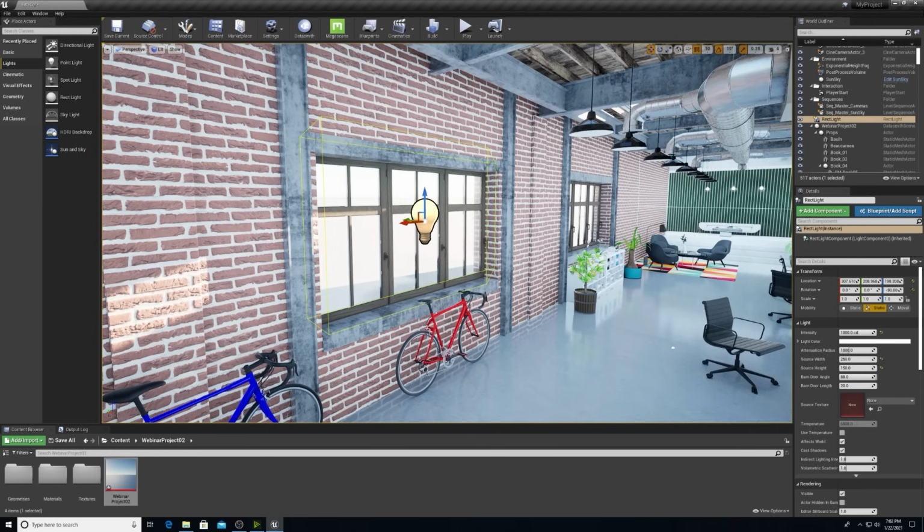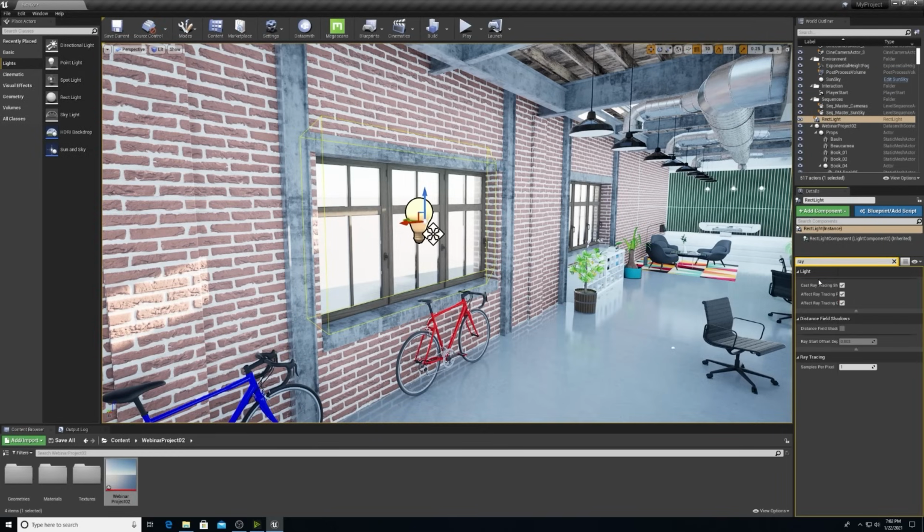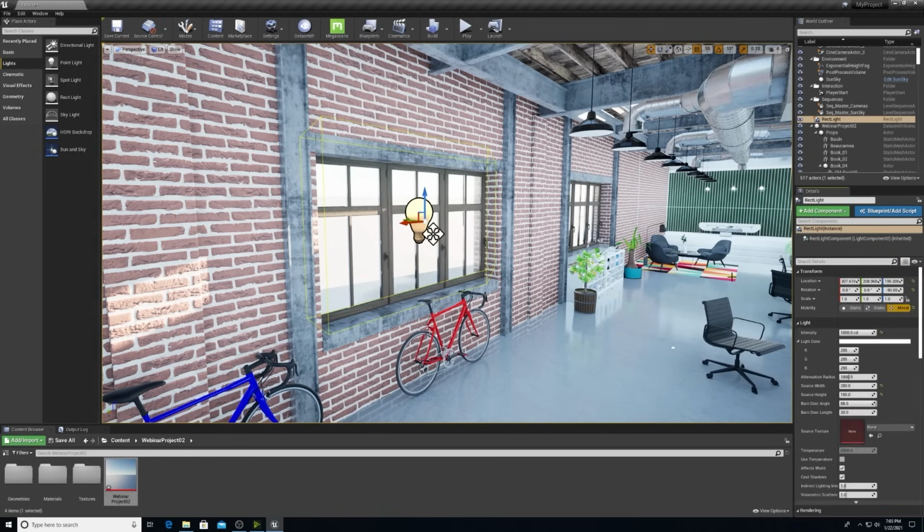Now, movable is going to be best for us. We're going to be working with ray tracing. We want fully dynamic everything. So I'm going to set this to movable right here. And I am in the search details going to type ray. And I'm going to get this cast ray tracing shadows. I'm going to make sure that that's enabled. So once I have that, I'm going to clear out of this ray here.